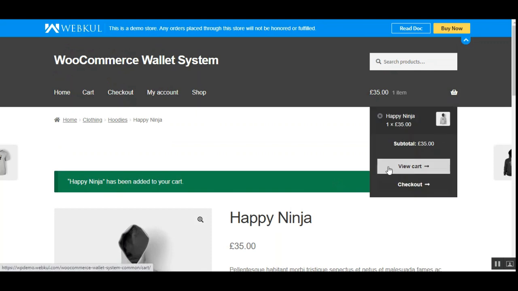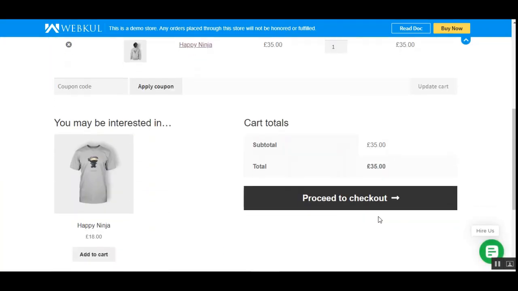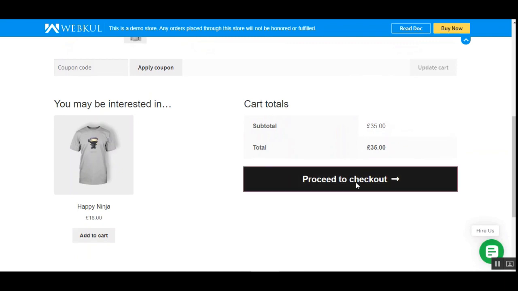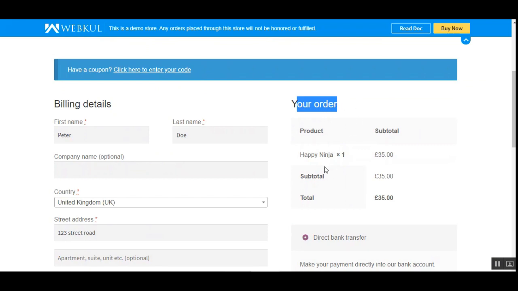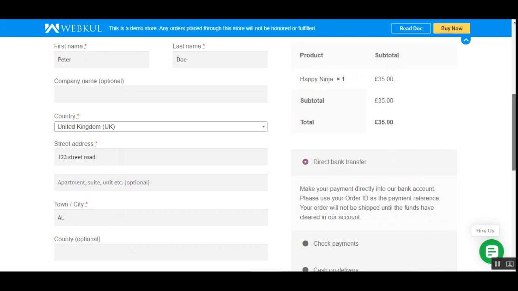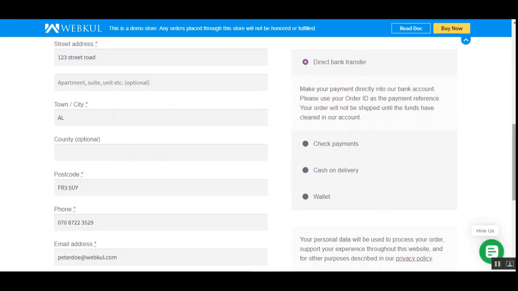It has been added to the cart. Now I'll tap on view cart or the checkout. So for now, alright, now I'll tap on the proceed to checkout button. And here under the your order, you can see that we have this product Happy Ninja for $35, and the total is $35. So here at the checkout time, the customers can see the option of the wallet, as you